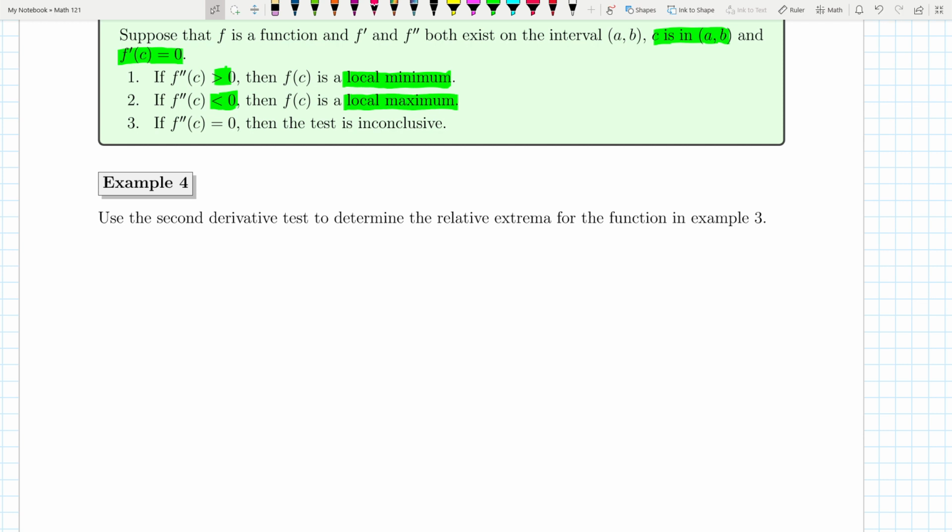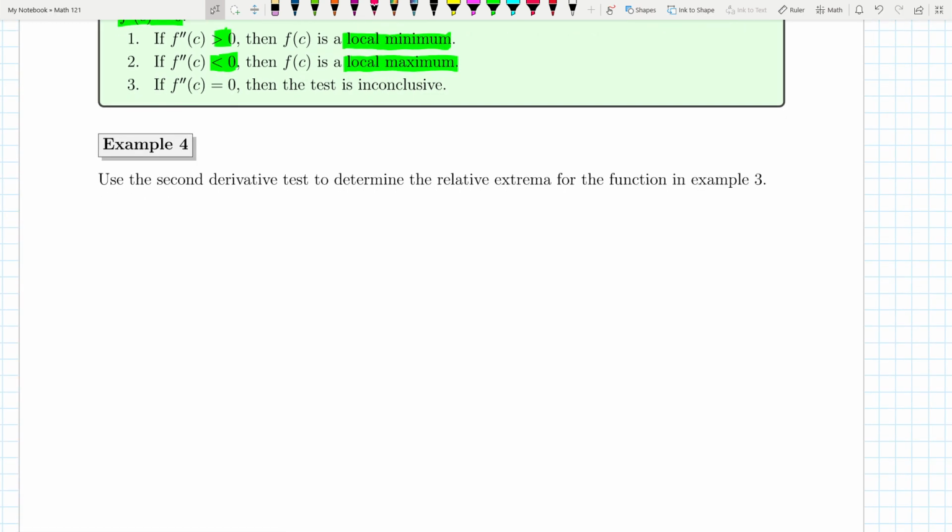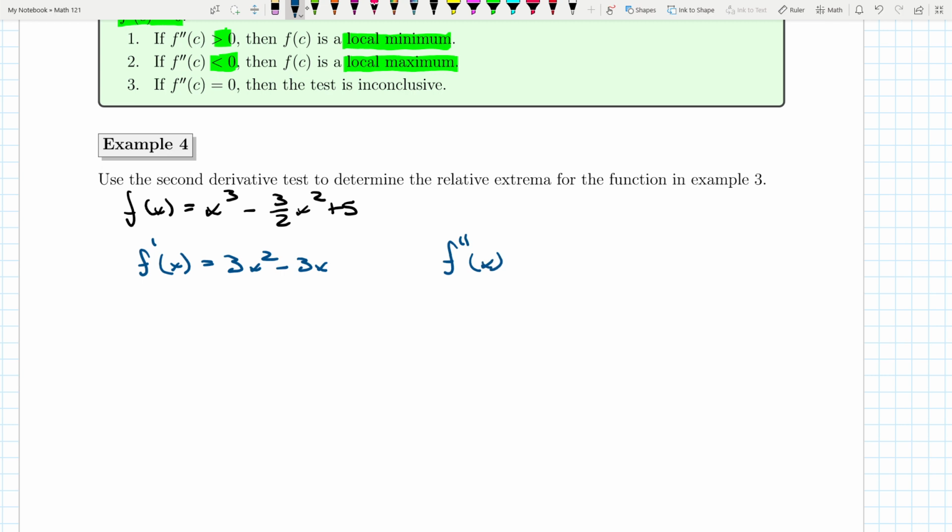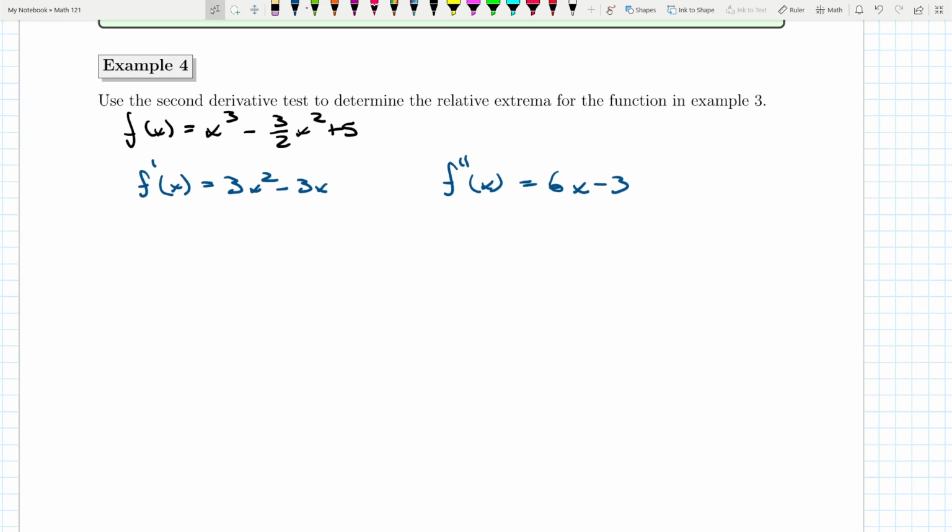All right, so let's use the second derivative test to determine the relative extrema for the function in example 3. For that original function, we have f of x equals x cubed minus 3/2 of x squared plus 5. We found the first derivative, f prime, to be 3x squared minus 3x. And the second derivative of the function is 6x minus 3. Now, what we're going to do is set the first derivative equal to 0, that is, 3x squared minus 3x,